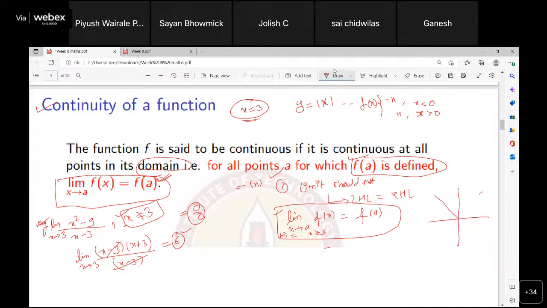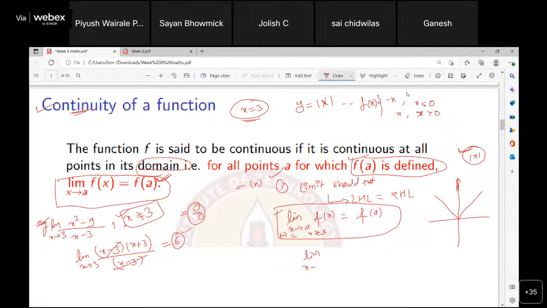This is the graph of this particular function, right? Yes, sir. This function is continuous. It is not differentiable; we'll come to that for mod of x. But how to check whether this function is continuous or not? For that, the limit should exist, right? Sir, that point I am a little bit confused, because the left hand limit is positive x and the right hand limit is negative. So they converge to 0, but